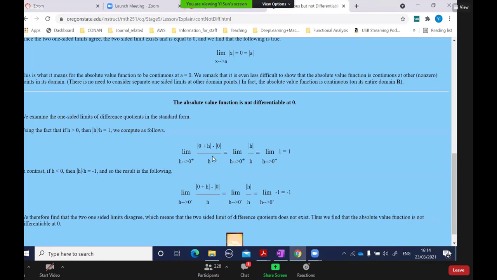But now have a look at what happened to this absolute function. When we calculate, by definition, the right-hand limit, it is equal to 1. When we calculate the derivative for the left-hand limit, we got -1. So right and left-hand limits are not equal. That is why the absolute value function is not differentiable.